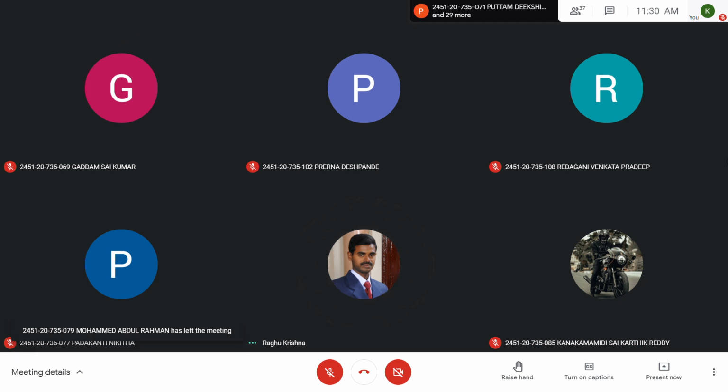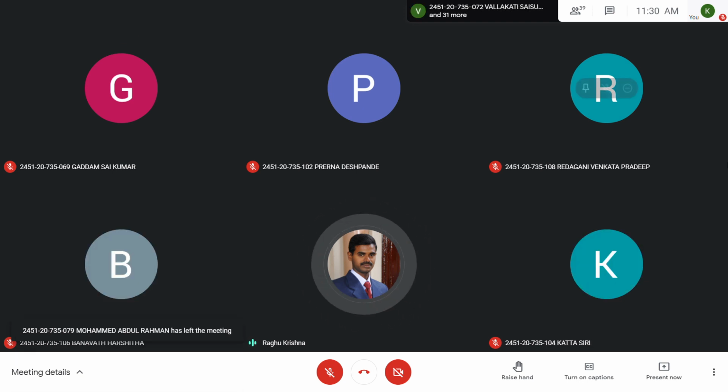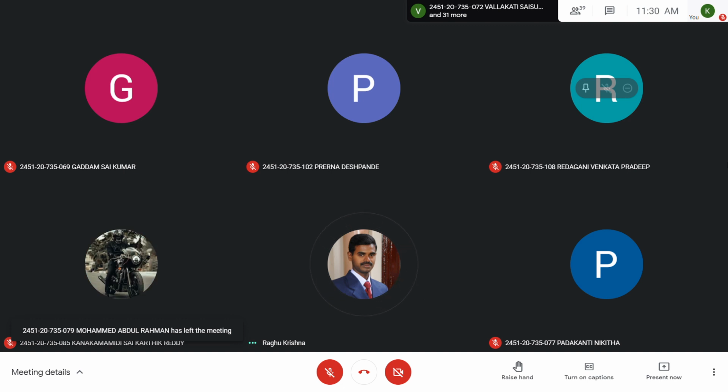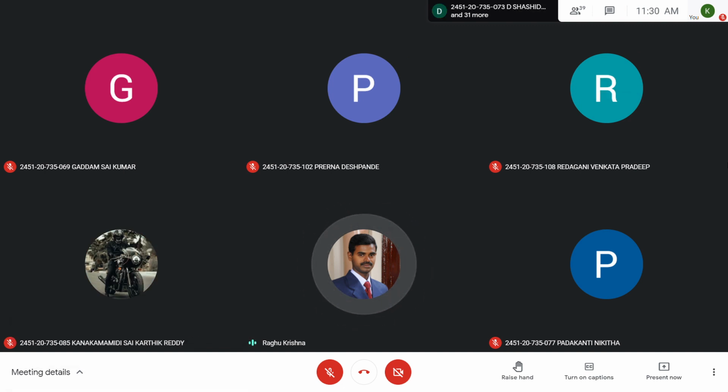Rising or lowering the voltage of an AC supply with a corresponding decrease or increase in current. So here a transformer is used to increase or decrease the voltage of an AC supply. Now if you increase the voltage, what happens to the current? Current reduces as input power is equal to output power.